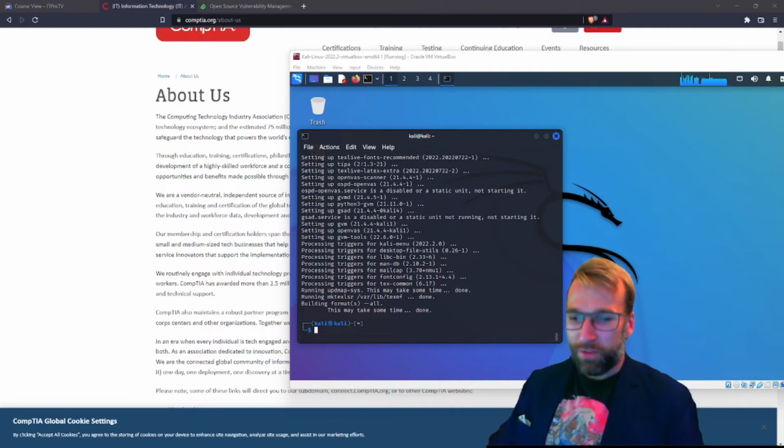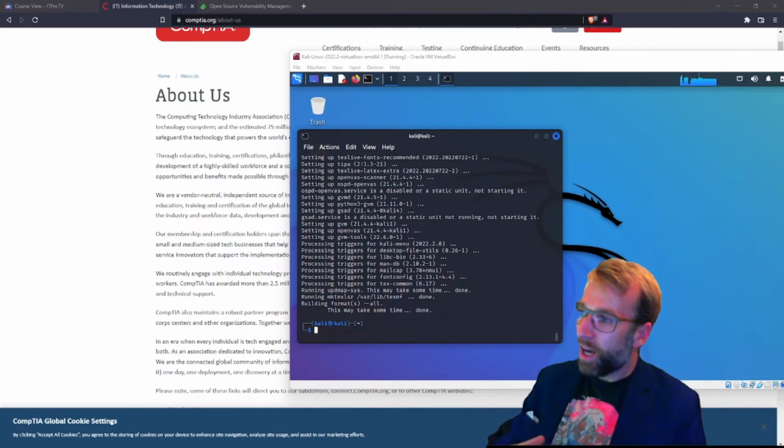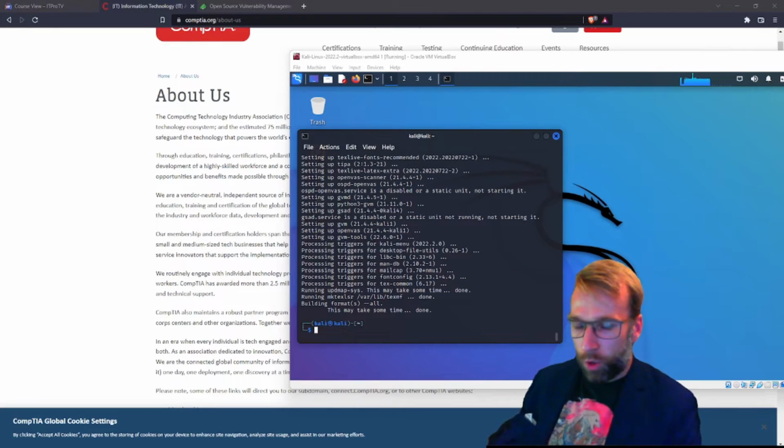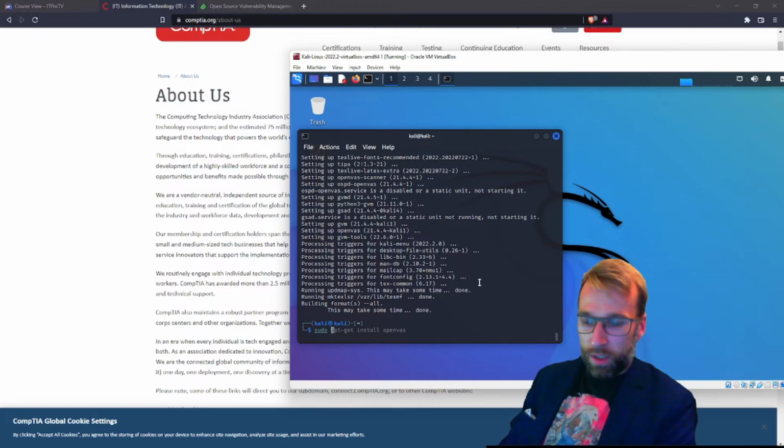Okay, so it looks like it finished, and again, remember, when we install OpenVAS, we now have to set up the web portal. OpenVAS is the scanner, and now we need the web portal and the database, which together act as the vulnerability management platform or center for us. So the way we'll set this up is by simply calling sudo gvm, which of course stands for Greenbone